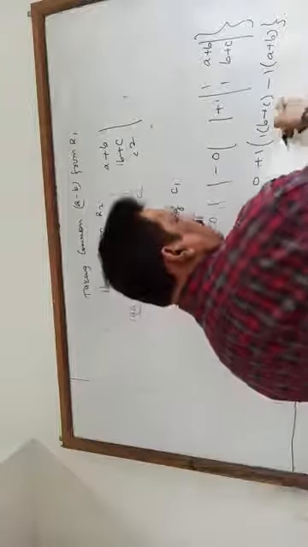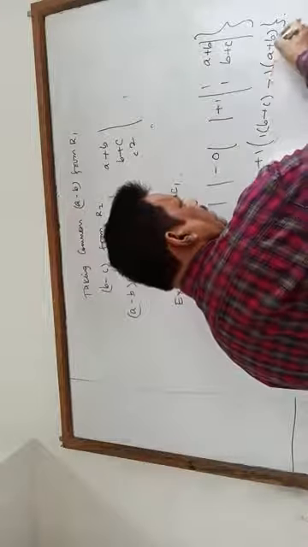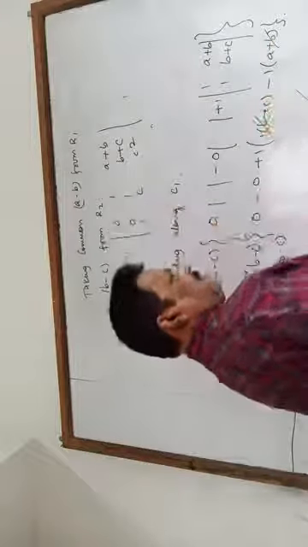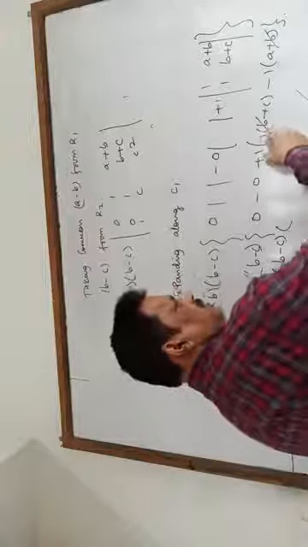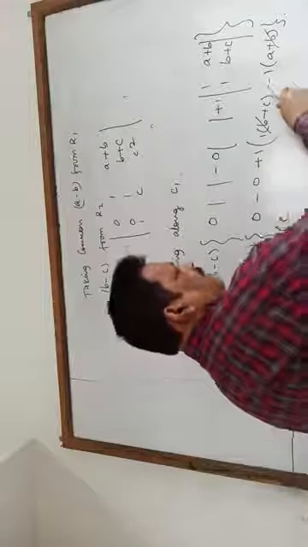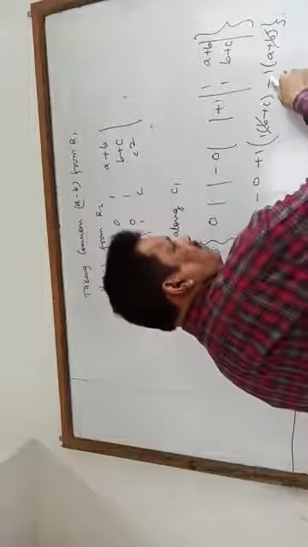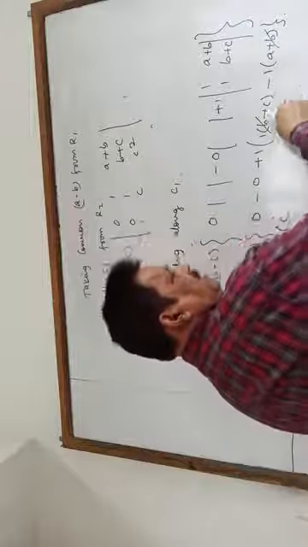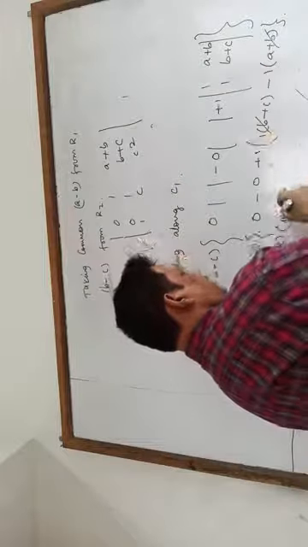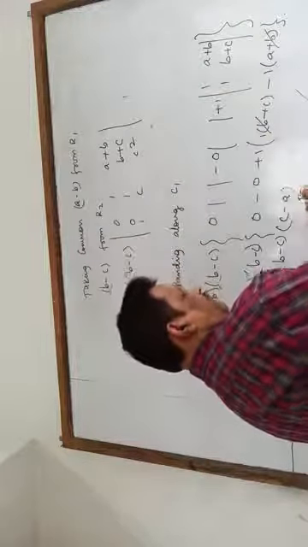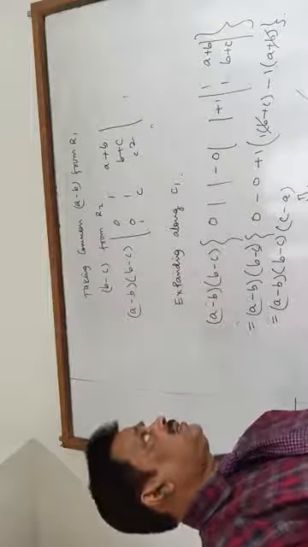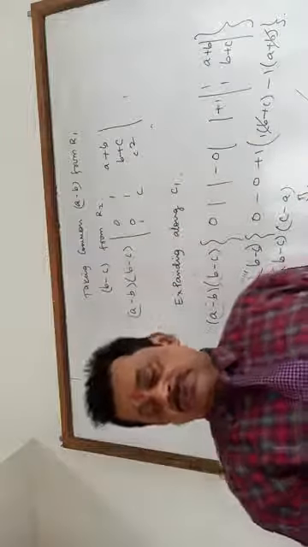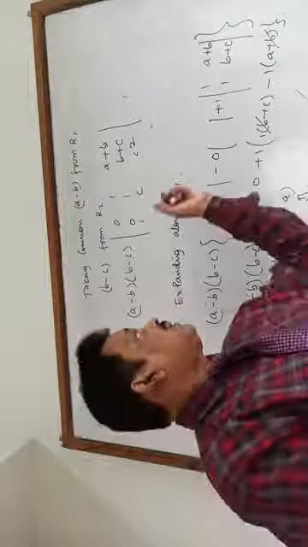Look at here, what is getting cancelled? Minus b will get cancelled here. So what is left out? C is here and minus a. Look at here, minus b plus b cancelled. So c minus a is here. So proved. So like this pattern of questions, there are so many questions in your textbook, you try to solve.